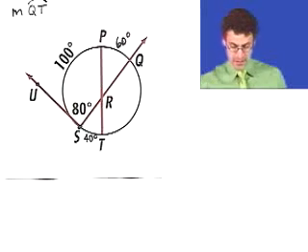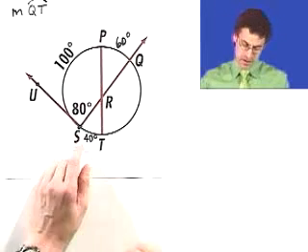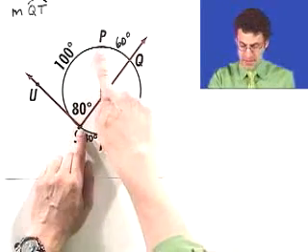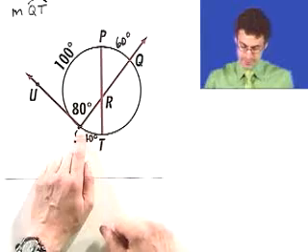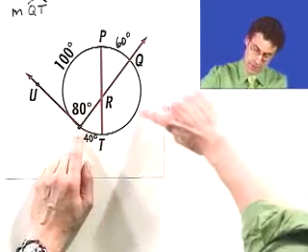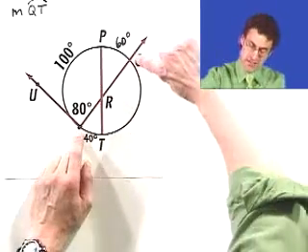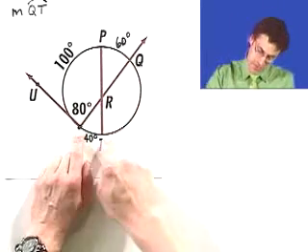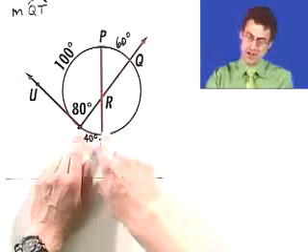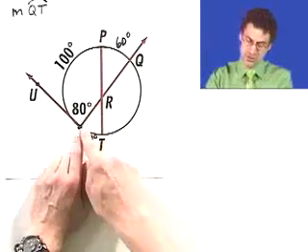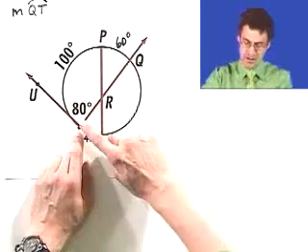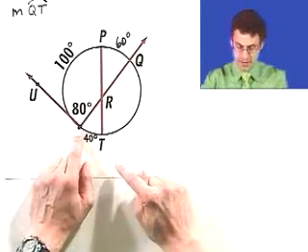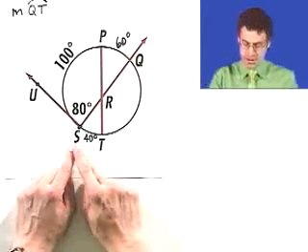This is looking really good, because now, if I know that this is 100 and this is 60, then I know what this entire thing is, because that's the rest of the circle. If this is 160, and this must be whatever's necessary to get me back to where I started. 360 total, 160 is here, so this entire thing must be 200. That is, the measure of the arc